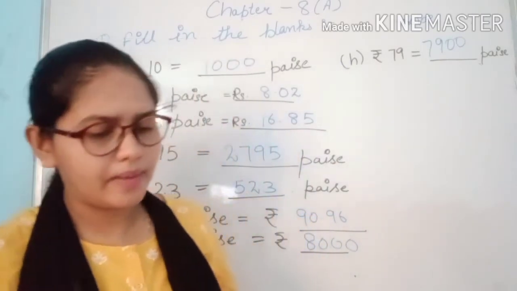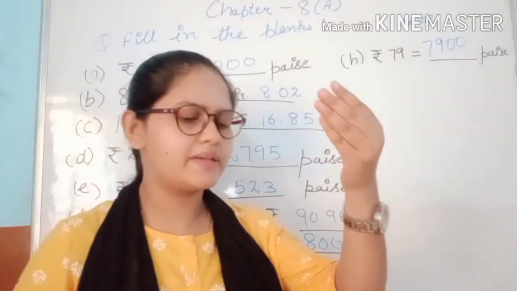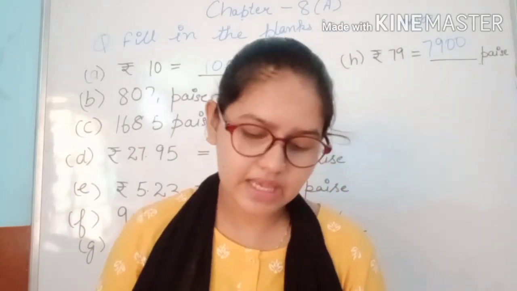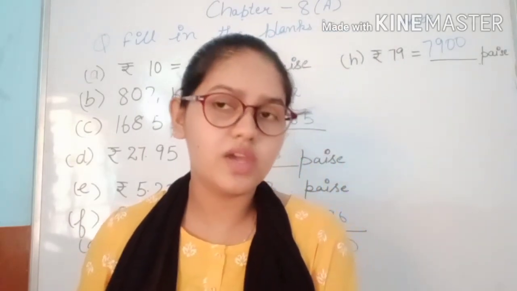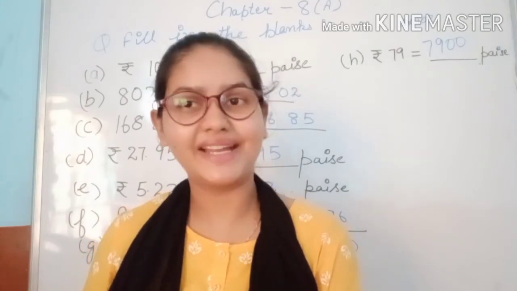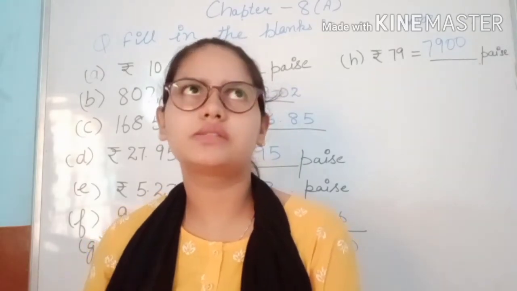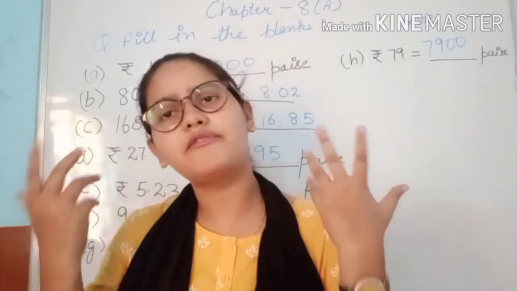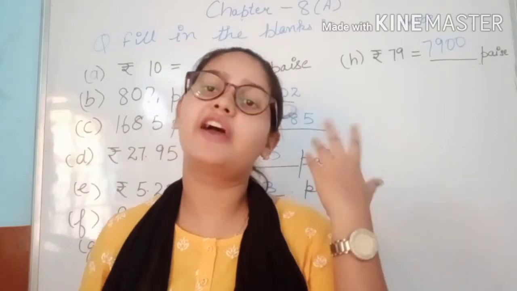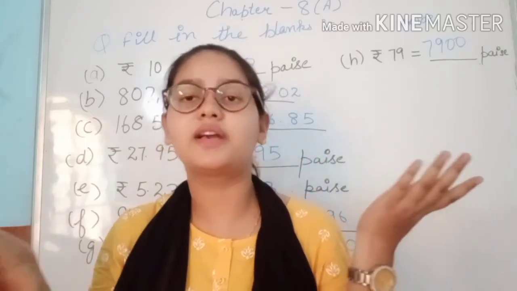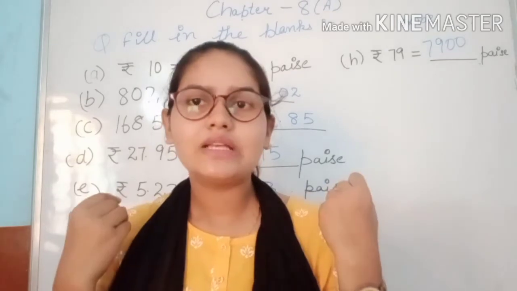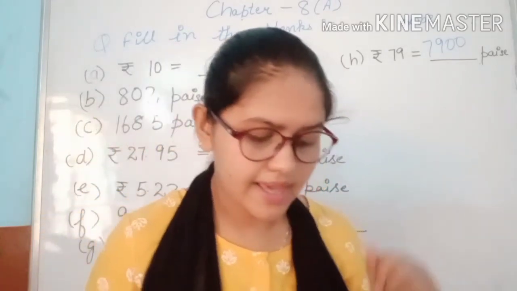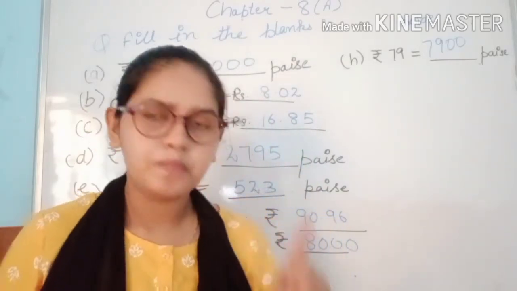So add the following amounts. You can see in your upper section we have addition of money. The parent is saying that we add money as we add numbers, right? Just for example, if we have number 2 and number 3, when we add, it becomes 5. In the same way, when we have rupee 5 and rupee 2, it becomes 7. Okay. So let's quickly do our addition also for our exercise 8B first part.